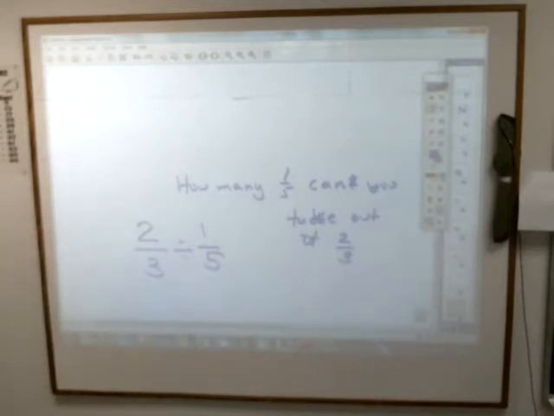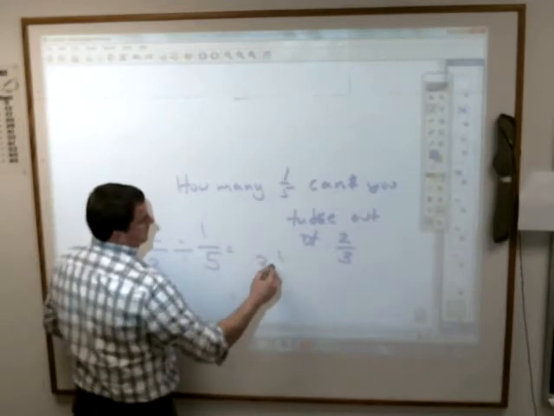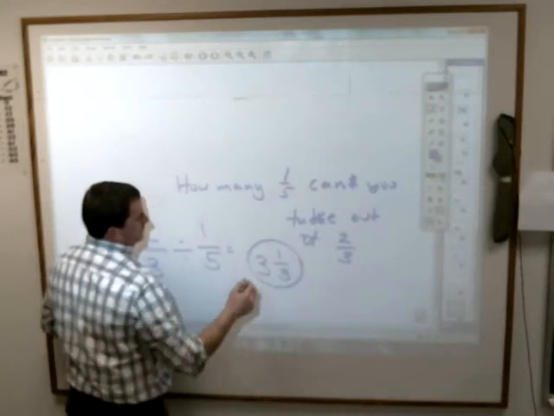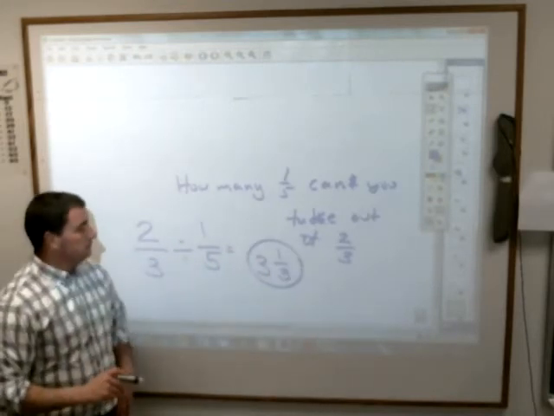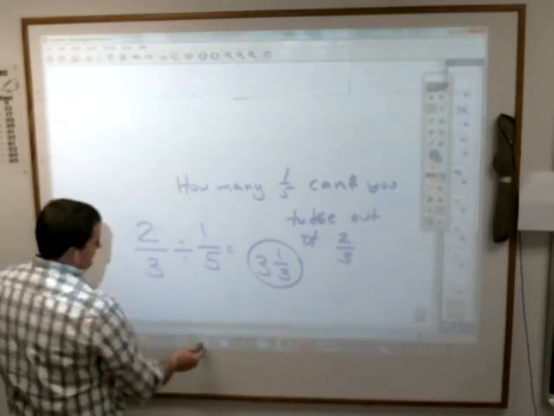How many 1/5 can I take out of 2/3? Doing that division problem, Christine says 3 1/3. Yeah, I believe that's probably right. 3 1/3 would be the answer. Well, children, I'm afraid it's going